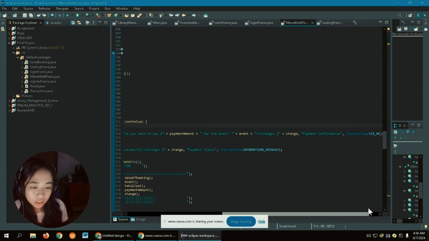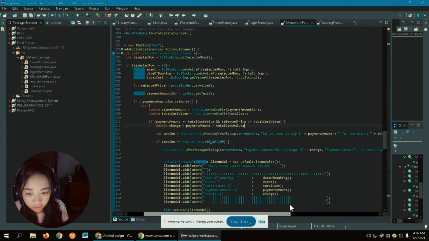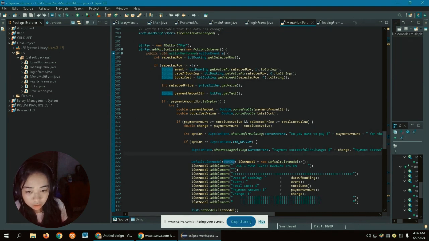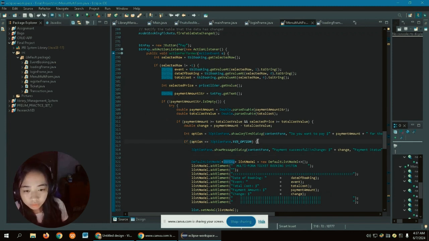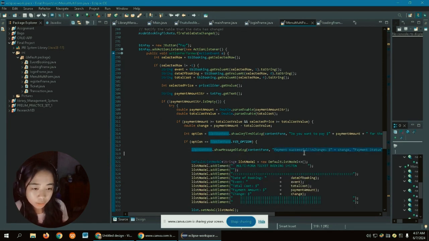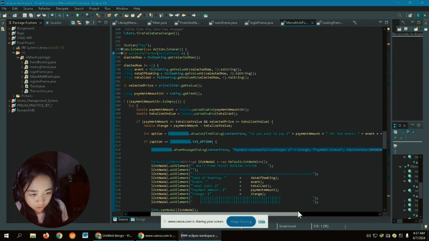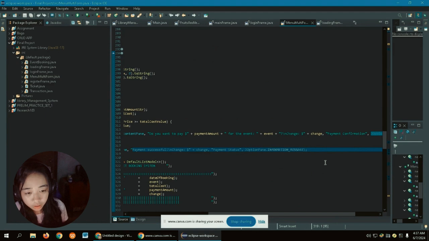And if the user clicks yes, it will show a message dialog indicating that the payment was successful, and it will show the change for the user.